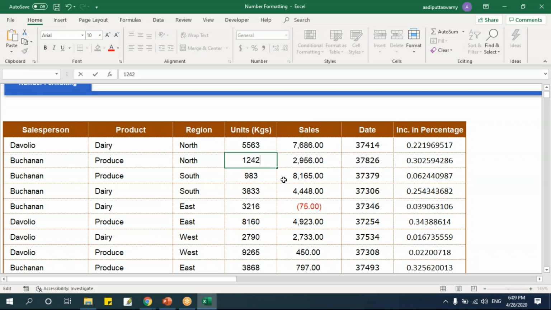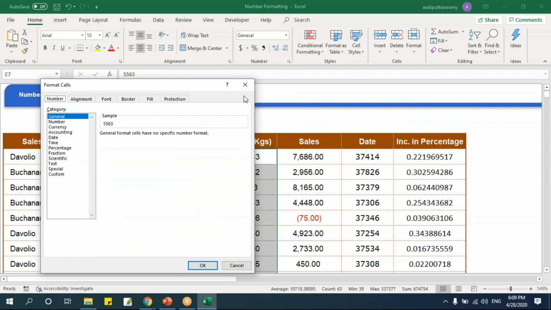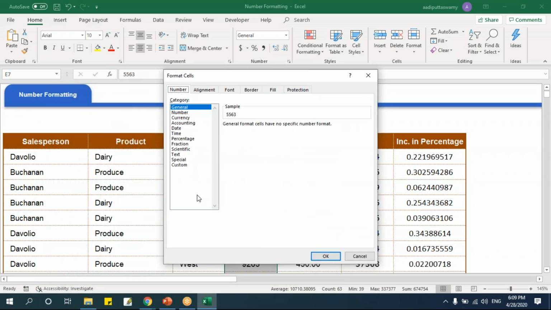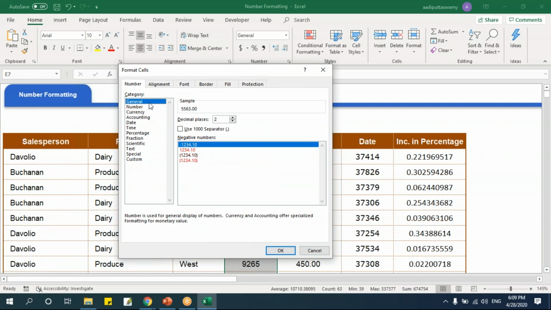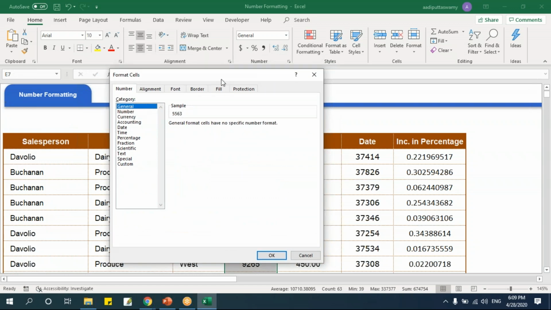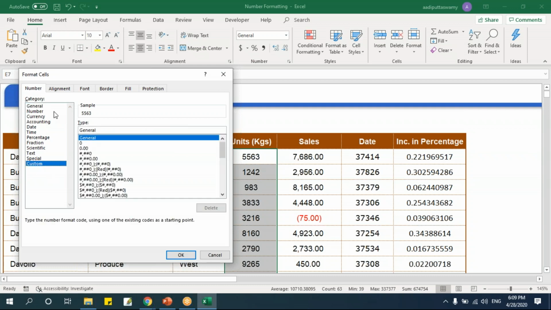I'll select this, say Control 1. Here I have different options. Now we are trying to customize. If I say Number, it will take the same format we did here, but I don't want this. What I need is a customized format wherein I can add kgs next to this. I'll say Custom. Here it says General.